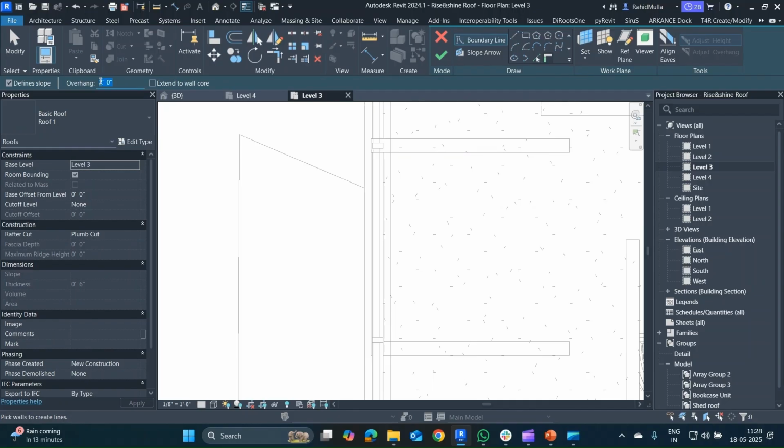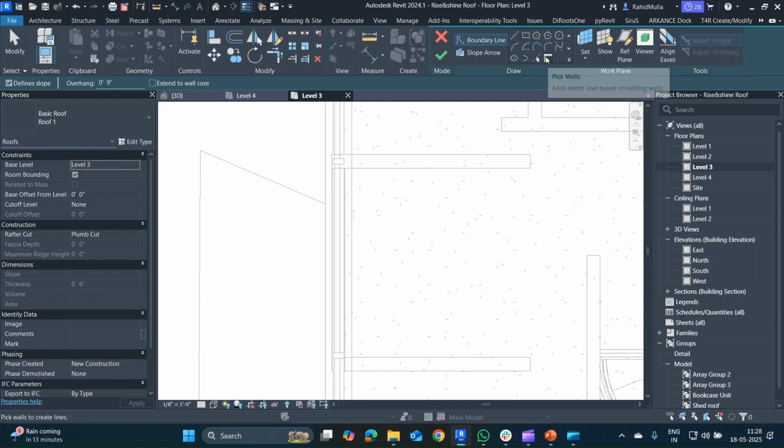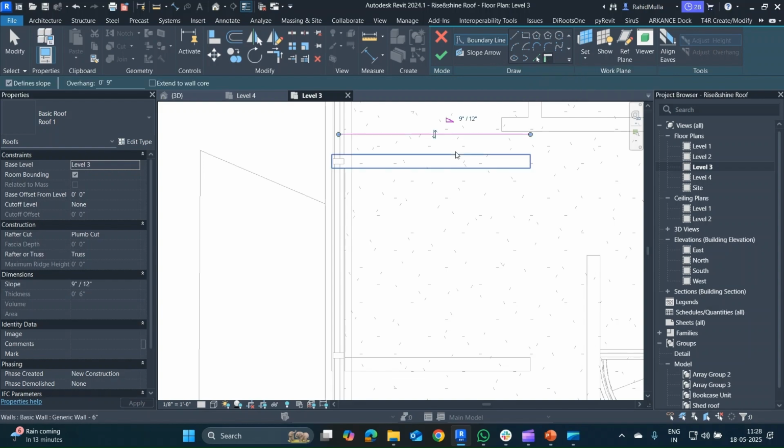Once after going to roof, again you will select the option of footprint, and this time what you will do, you will create an overhang of 9 inches. Let us see whether it will be fine. Yeah, it's fine. And then you will select the option of pick wall. So why are we selecting the option of pick wall? Because what it will do is it will